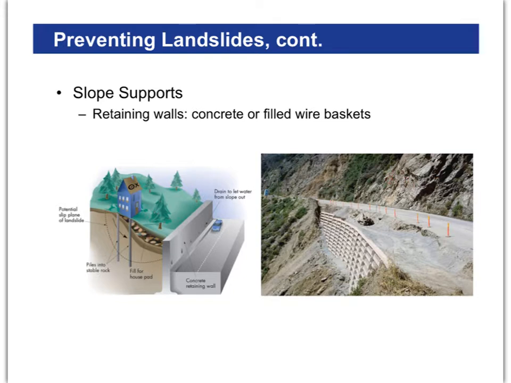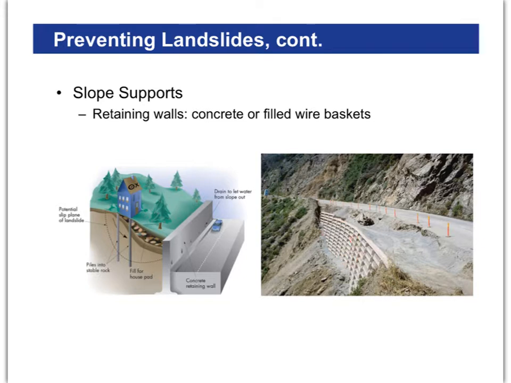Right here is an area where you see all this exposed bedrock and, down below, some talus. It means that there could have been some sort of mass movement down through here. Well, you don't want that because you've got a road, so what you can do to shore up this whole area is to put in slope supports, and these are basically concrete walls. It looks sort of like a web right there, but it's just a crisscross mesh that shores up the slope.